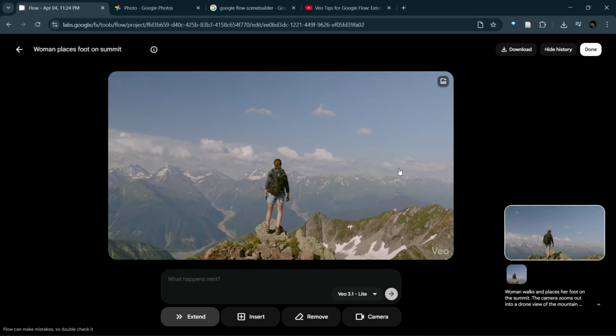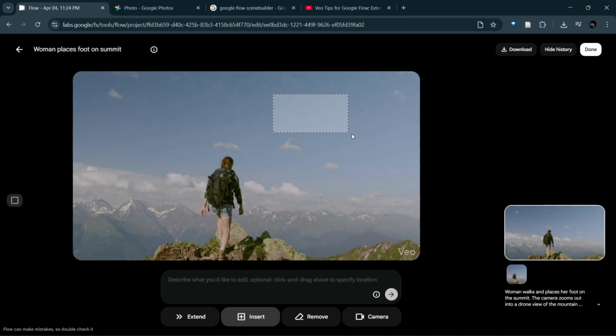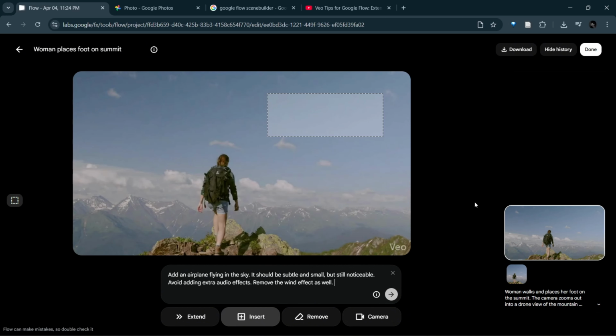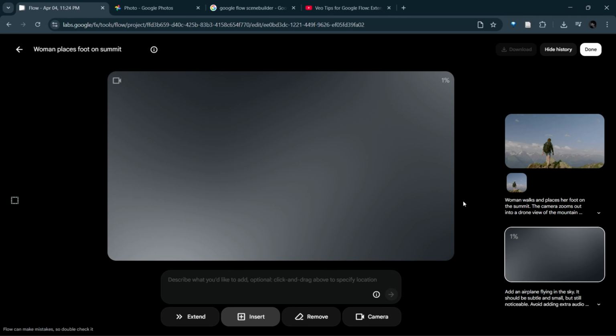And let's say I want to add an aeroplane flying in the sky. I'm going to click on insert. I'm going to drag a box here where I'd like to see the object. Then I'm going to add a text prompt to describe what I want to be added. So what I'm going to do is, so there we go. I'm gonna go ahead and click on send, and I'm going to give this a few